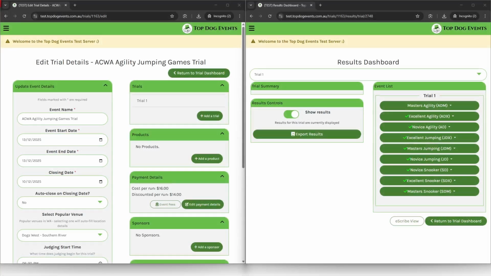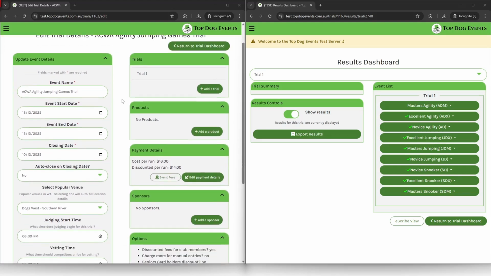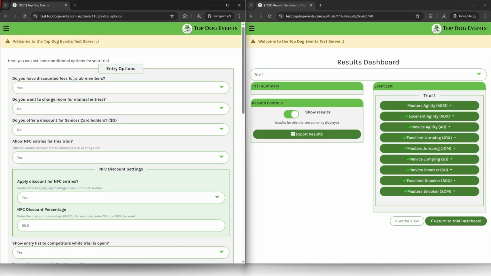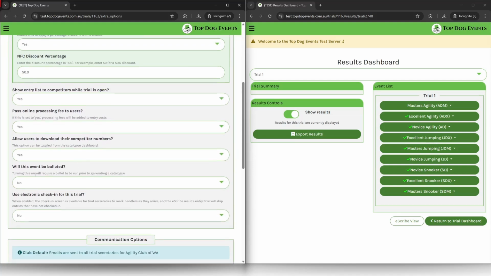In this video, we will demonstrate the new electronic check-in feature. You will get an option for this during trial creation, but if you've created a trial prior to this going in, if you navigate to the trial options, in the entry options, down the bottom, it says use electronic